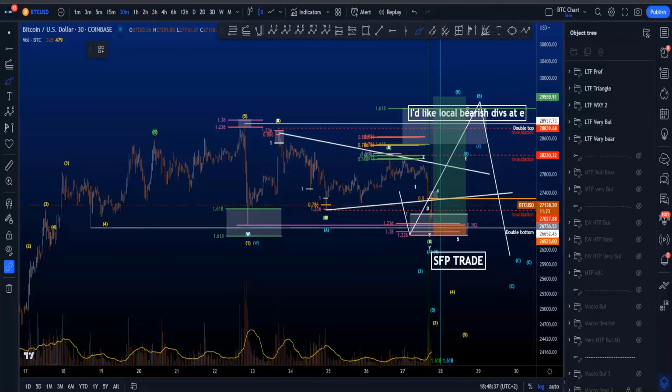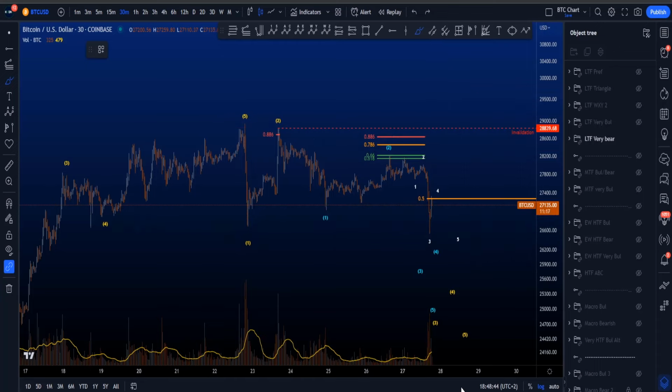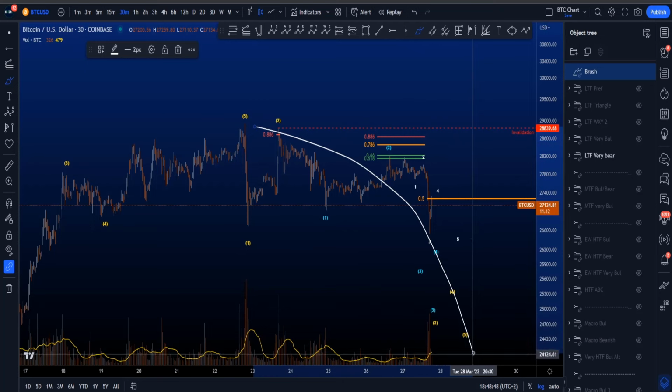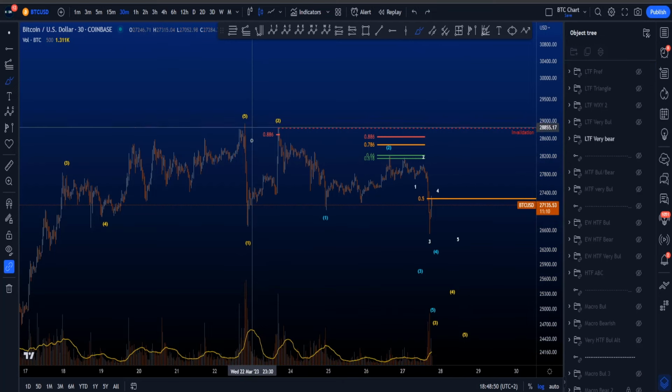Hi everyone, let's run through the low time frame scenarios including potential trading setups. I'm going to start with the alternative scenarios and then work towards my preferred scenario. Starting with the alternative, that this is a very impulsive move to the downside, wave 5 ending over here, and